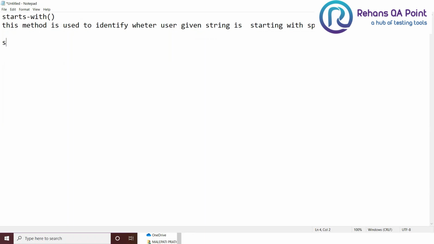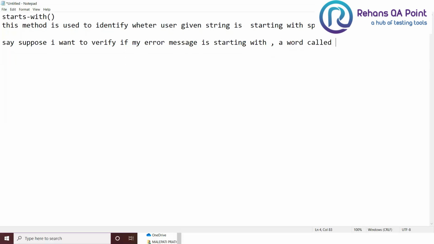Suppose I want to verify if my error message is starting with a word called error. I need to check whether my string is starting with the word error or not.